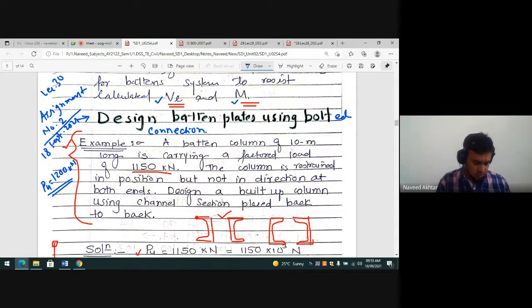Okay, so we will stop here, and from the next class we will continue with unit number three, design of eccentrically loaded column, and it is very interesting. Then you have to go for design of column bases, slab base, gusseted base or moment resistant base, in unit number three.